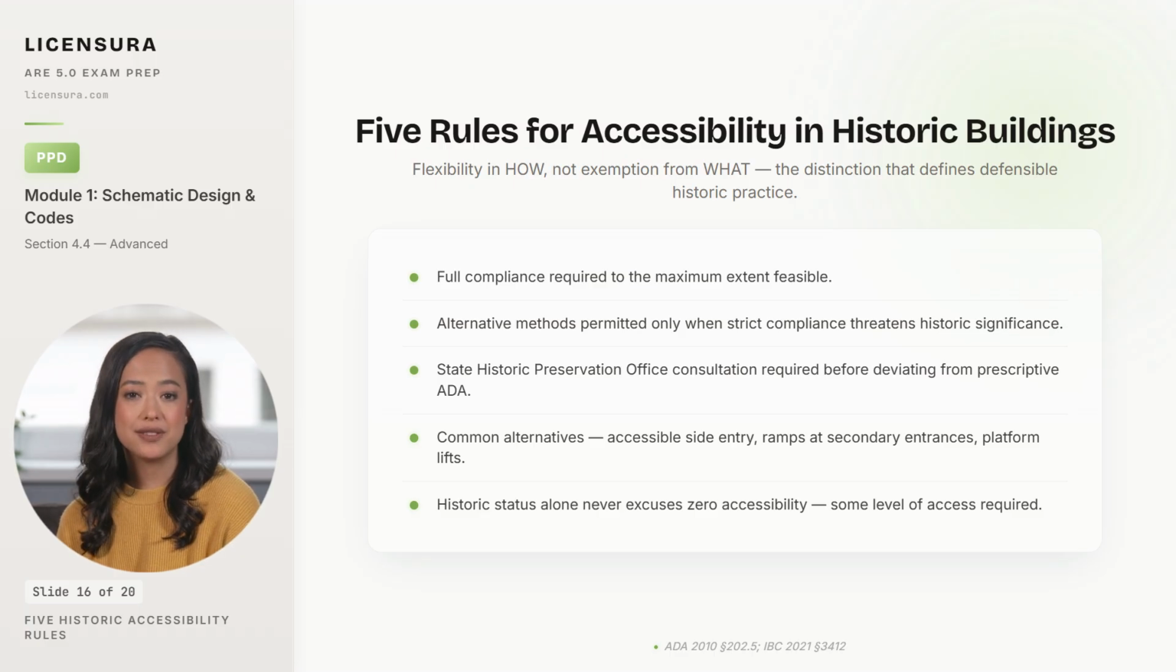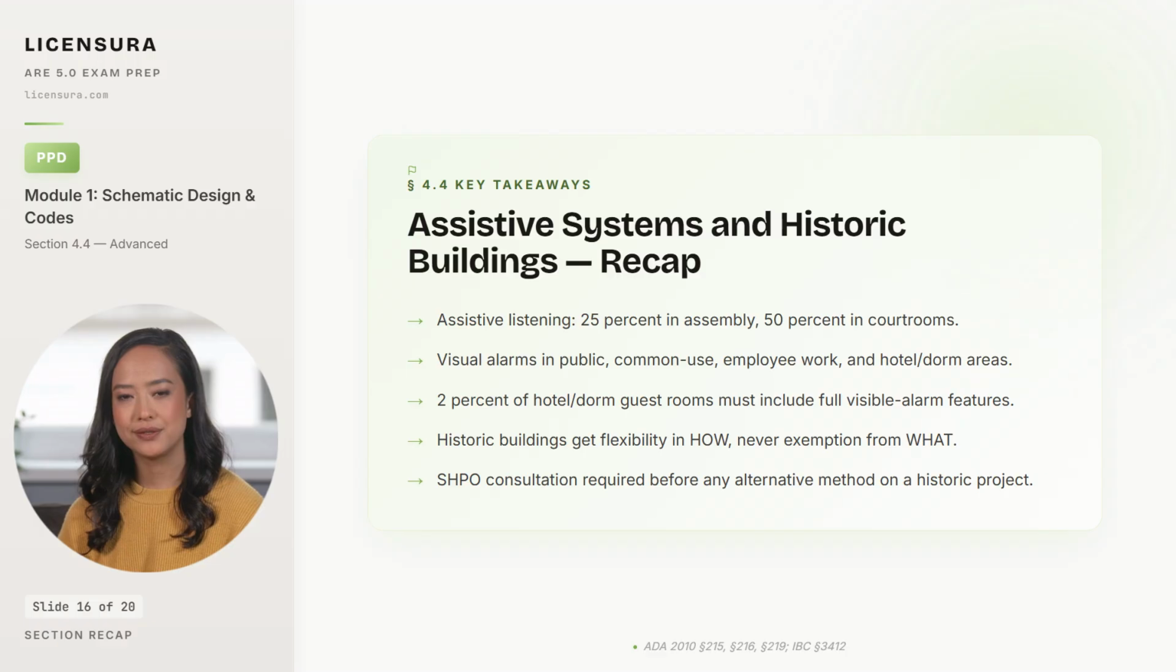Walk away with 5 anchors that keep both assistive systems and historic building access defensible. 5 anchors from assistive systems and historic buildings. First, assistive listening systems must provide receivers for 25% of seating capacity in assembly areas with audio amplification and 50%